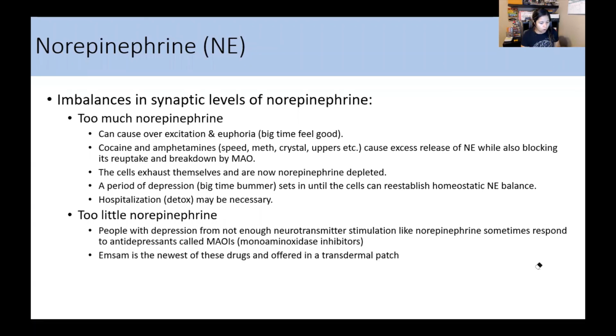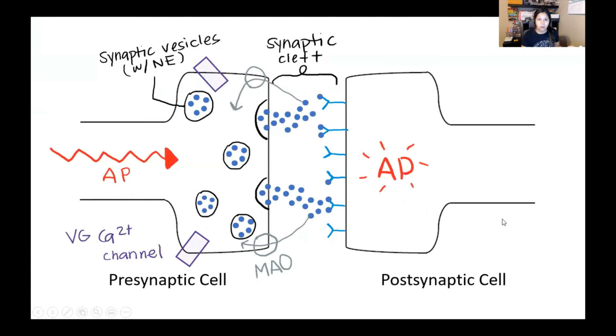And I think that's all I wanted to say for that, because the rest is about the too little, and the rest is going to be the MAOIs, I believe. Yeah, so that is actually it